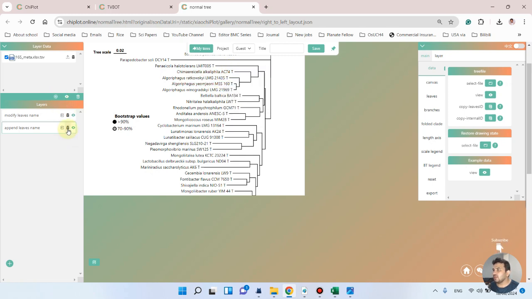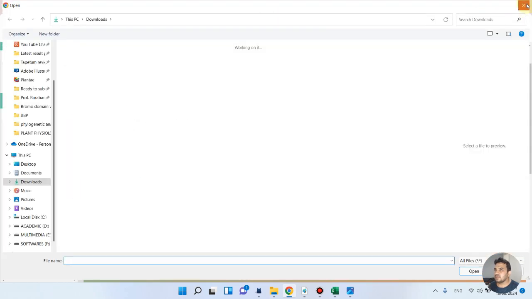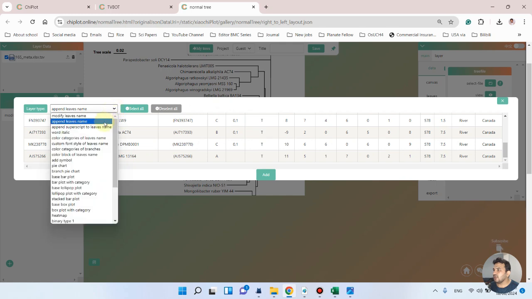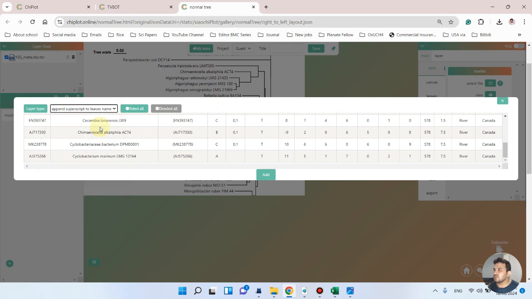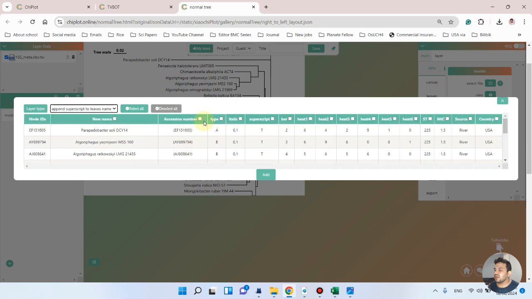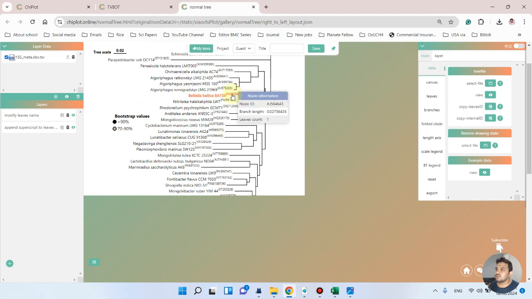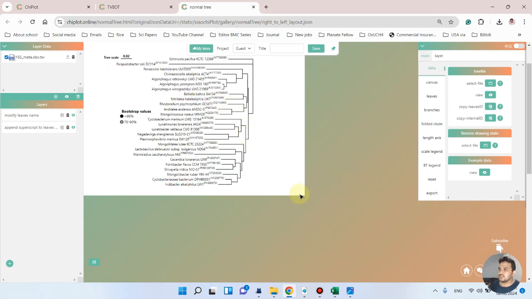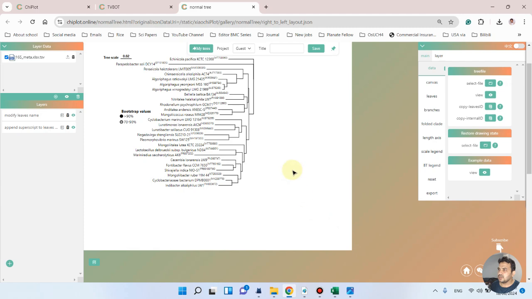And then maybe if we delete this, we can go back. Oh sorry, actually I should click here. And now if I click on this append superscript to leaf names, maybe we can go back and add this accession number to overall. So you see here now each one has been added with their accession number. So let me make it a little bigger so that it can be helpful. Yeah, we can simply drag